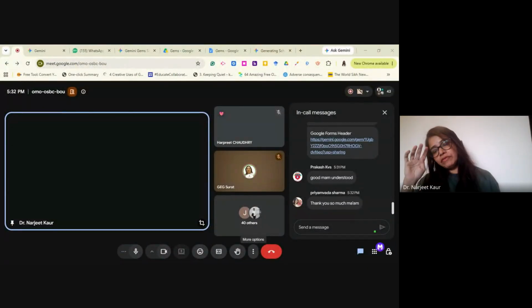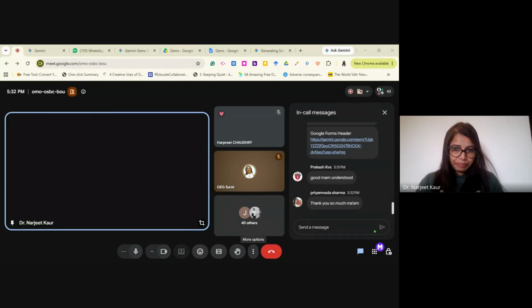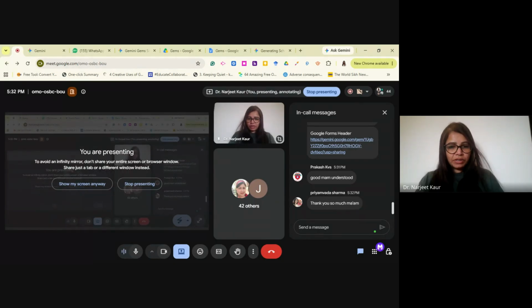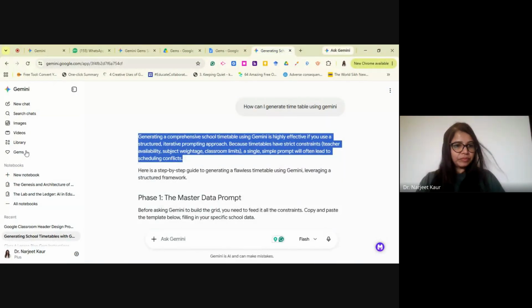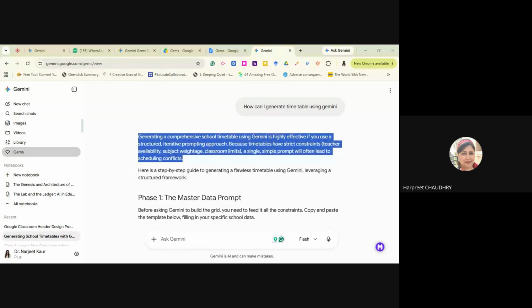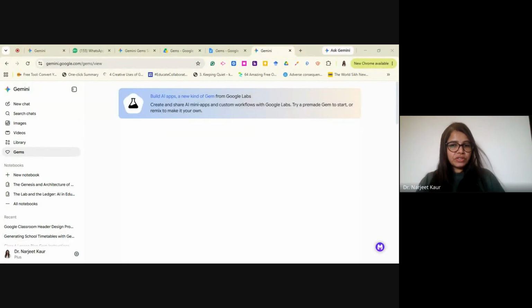I feel that for senior educators, the absolute heaviest administrative and cognitive burden is shifting assessments away from rote memorization towards the new CBSE, ICSE competency-based framework. So that is very important. Is my screen visible? Yes, it is, ma'am. So it is very important for us to mobilize the new competency-based framework.